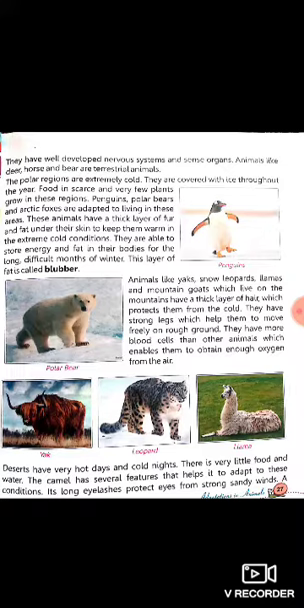The polar regions are extremely cold. They are covered with ice throughout the year. Food is scarce and very few plants grow in these regions. Penguins, polar bears, and Arctic foxes are adapted to living in these areas. Next,